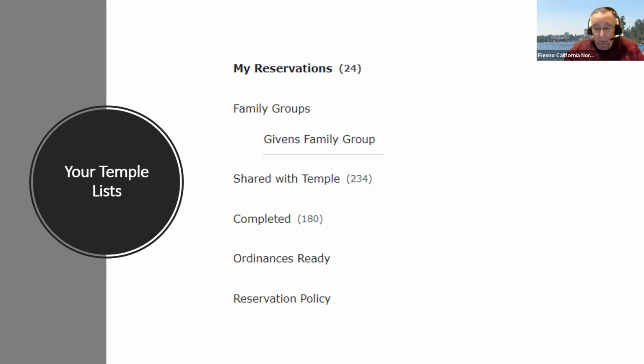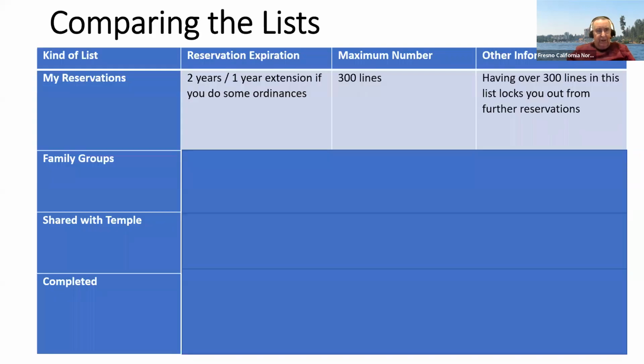Okay, so we'll talk about these different groups a little bit because this is where things can be a little bit confusing. My Reservations means those names that you've reserved and you've done nothing else to them. You're not sharing them or anything. You're reserving them with the intention that you're going to do them. Those names you're allowed 2 years to do.